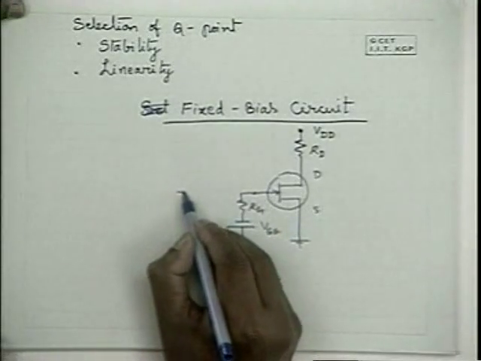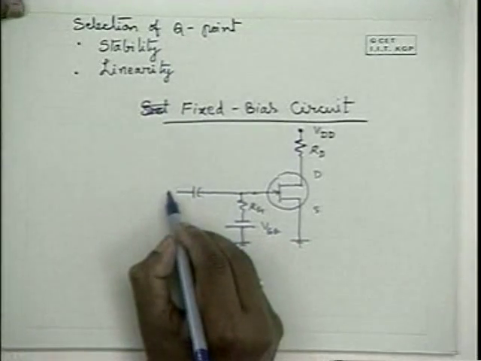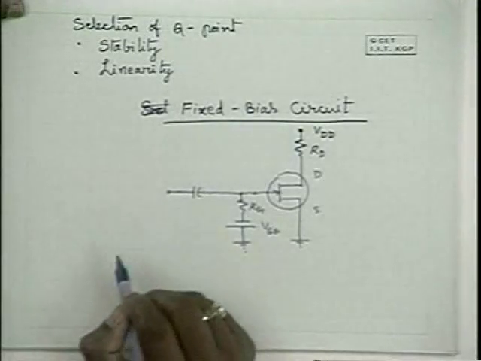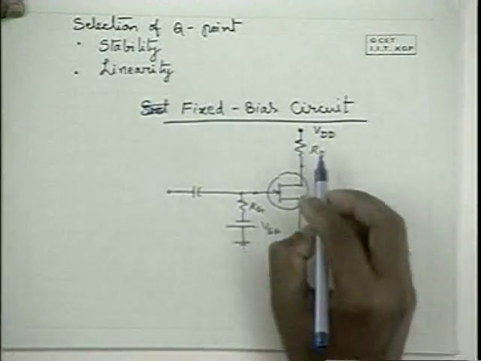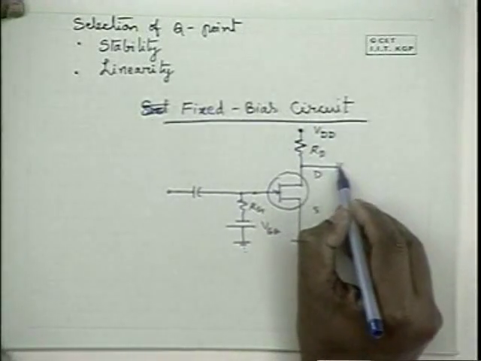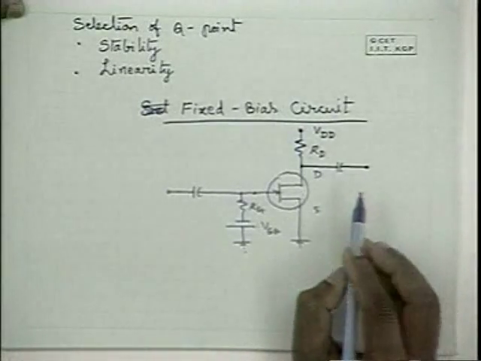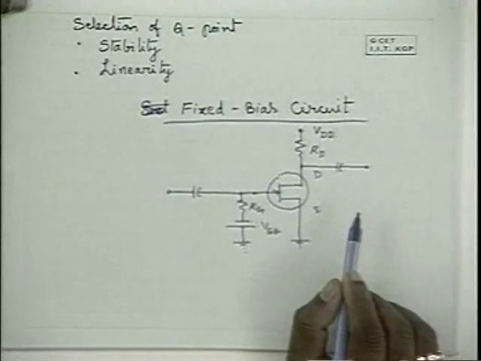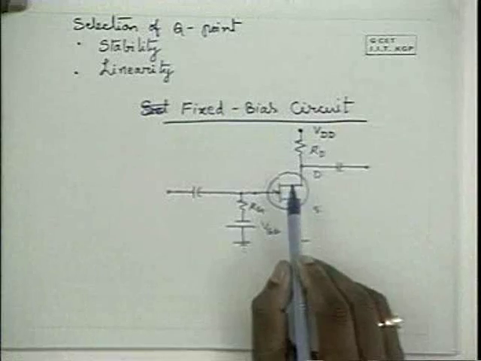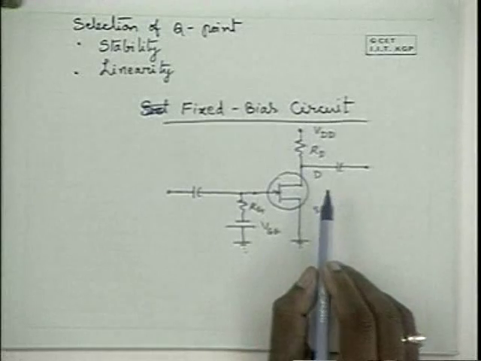We need coupling capacitors to isolate the DC on this side from the DC value of the source on this side. So we use coupling capacitors on the input side to apply the input signal, and on the output side also, to take only the AC signal across it while blocking the DC. The objective of the coupling capacitors is to isolate the DC on either side, because for DC voltages they act like open circuits in steady state, whereas for